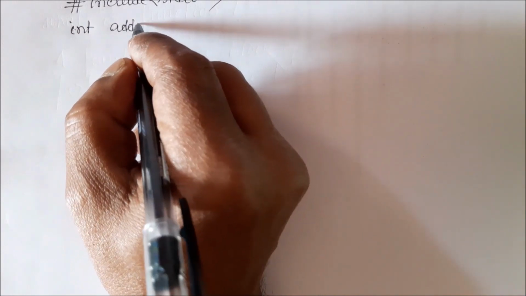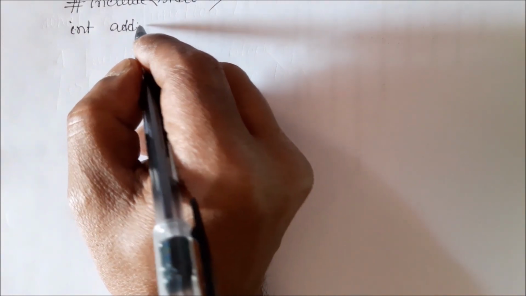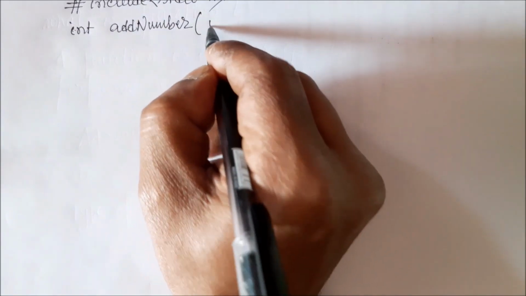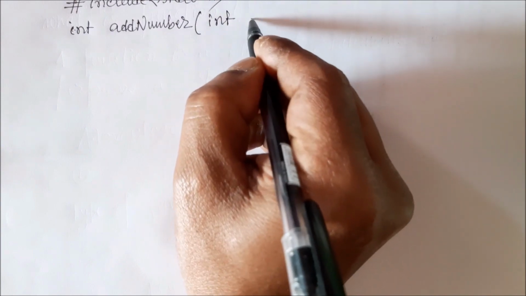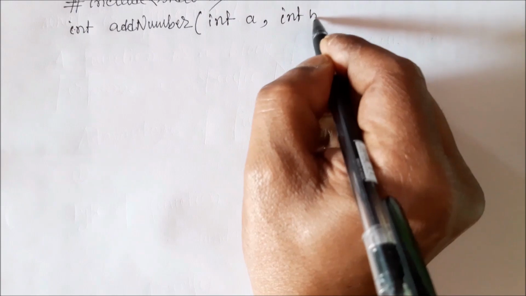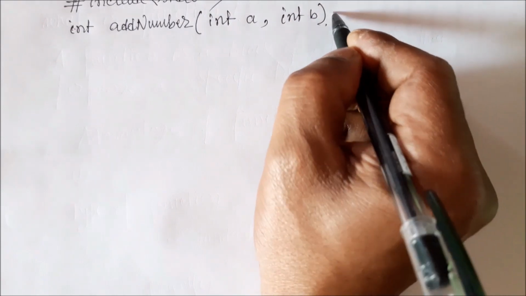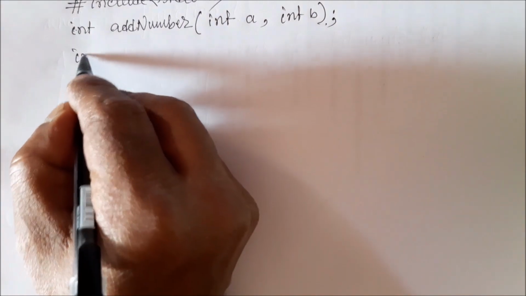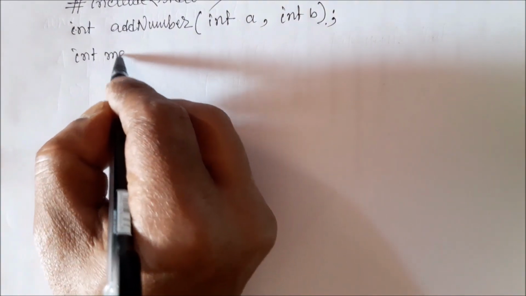Right now, how it is working is what is important. So, this is the name of the function. I am passing two parameters, int a and int b. There is a semicolon, then I have written int main,